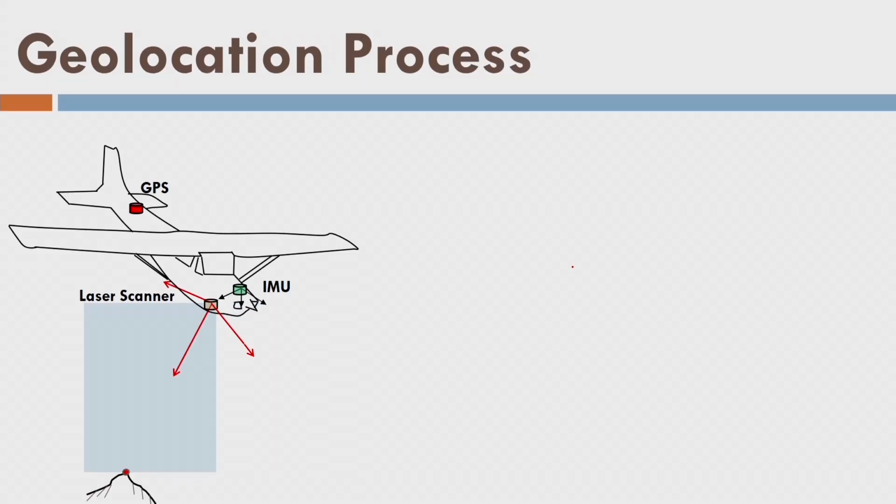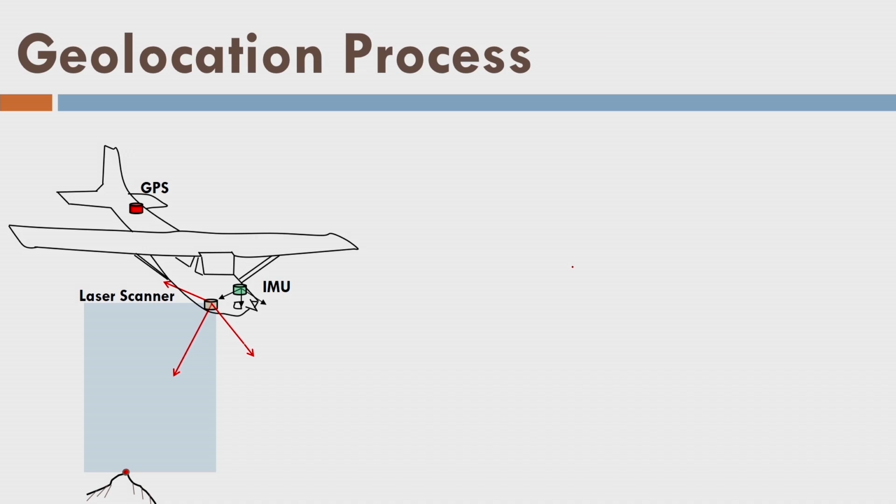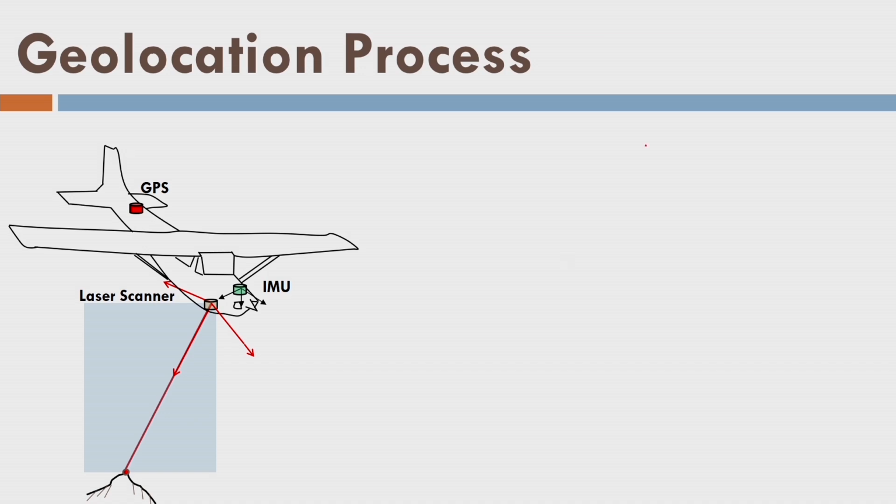The first step of the geolocation process is to convert the instantaneous reference frame located at the scanner into the scanner reference frame, which is also located at the laser scanner. So, this is the laser pulse. In the instantaneous reference frame, the coordinate of a laser pulse x, y, z is equal to 0, 0, r. What is r? R is the range. As we already told, the laser scanner measures the range and the scan angle. And range is r.